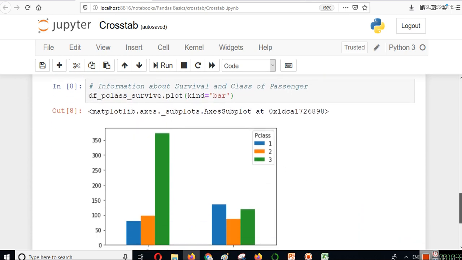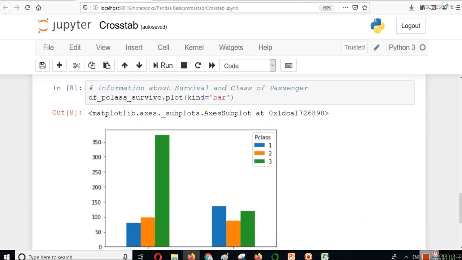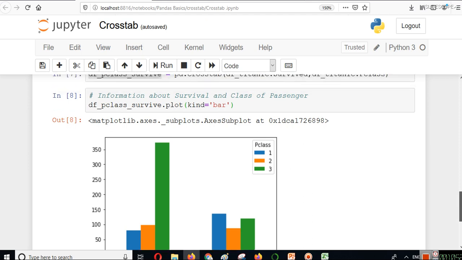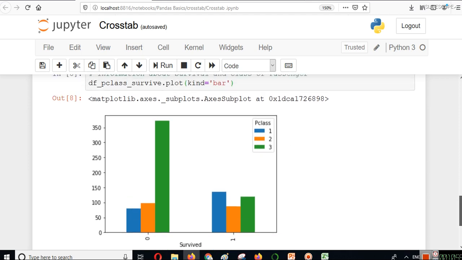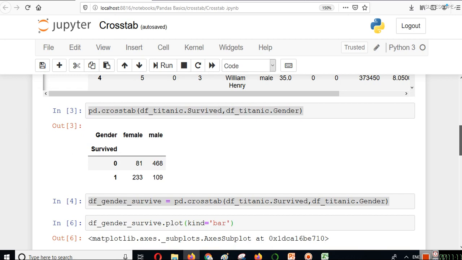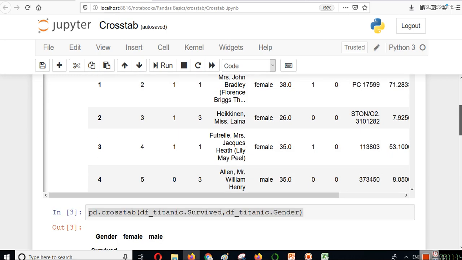This thing can be done with normal methods also, by selecting columns and then plotting graphs separately for these three classes and then getting the information. But you can see, using the cross tab we can do it in one line only. So this is the main benefit of cross tab. We can get this data in one line and we can do side by side comparison. Otherwise you have to create a separate graph for not survived, a separate graph for survived, and then you have to combine them. And this is cross tab: take two or more factors and combine them together.